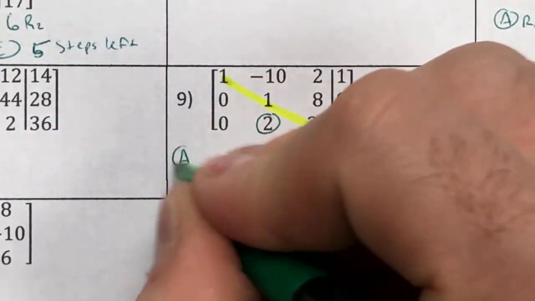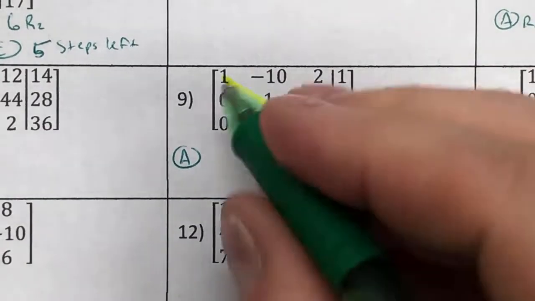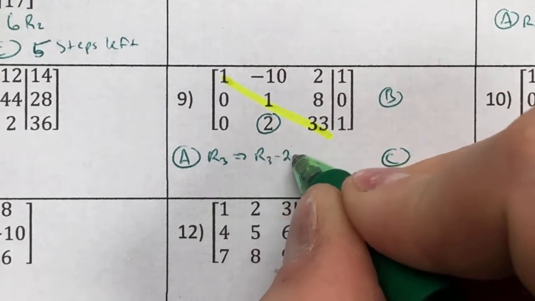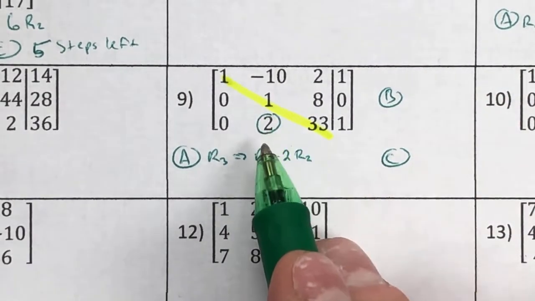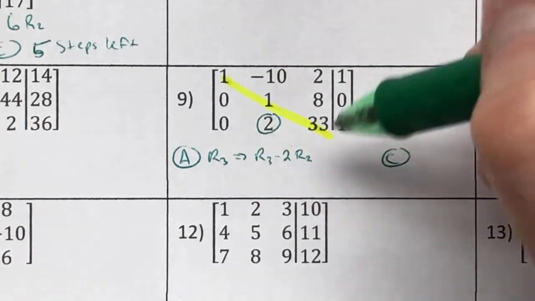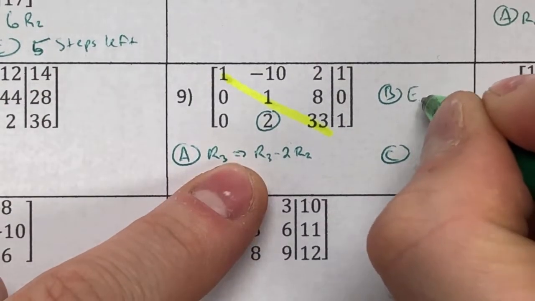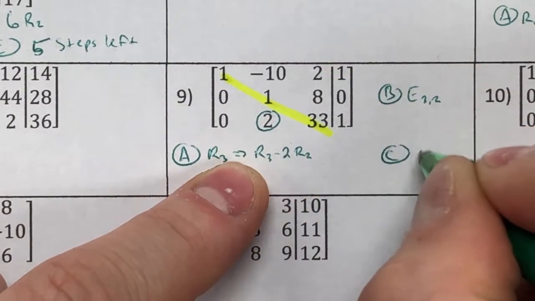I know for this one, I can start out with saying, okay, row 3 needs to be addressed, and I'm going to take row 3 minus 2 of the thing above it, because I'm looking directly above. 2 of these will cancel out that. Most of the time, you're looking all the way into your pivot. So if I say this is going to be element 3, 2, and there are 1, 2, 3, 4, 5 steps left,